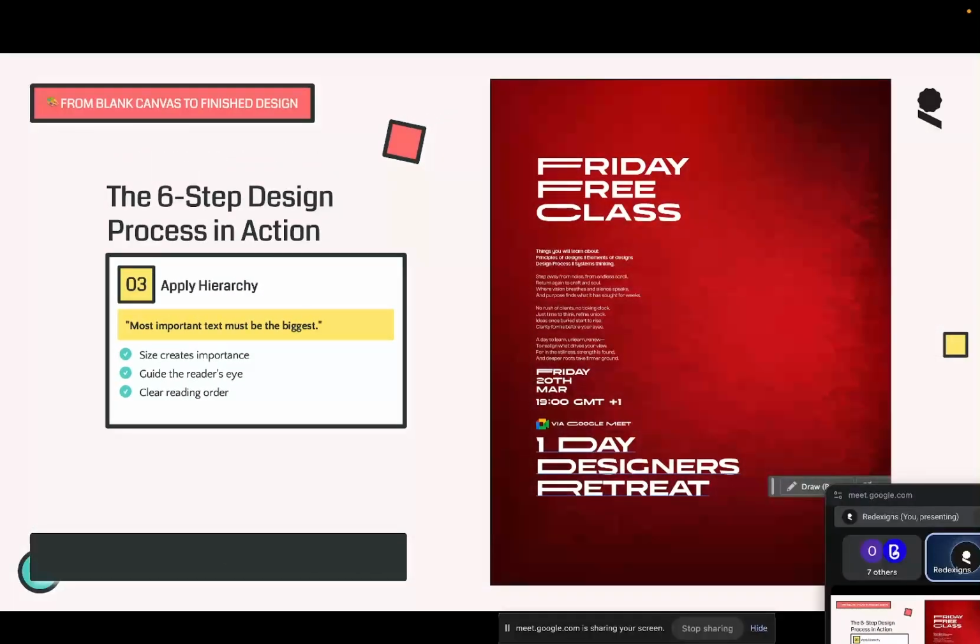Friday free class, because when people see Friday free class, they know that this is a class that is free, and it would be very good if I want to learn design. Then there's also the down part here, which is a one day designers retreat. So for those who are interested, it's just for a day. It will not consume your time. It's just something you come to and you know these are the steps that I need to take to become a better designer, even though I'm a beginner. So that's you applying